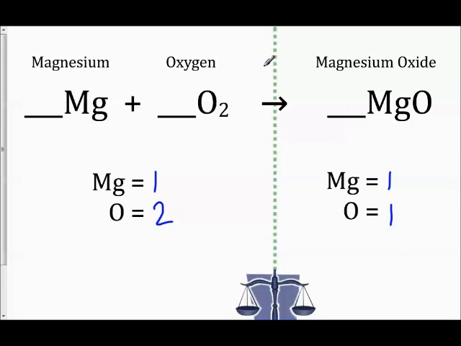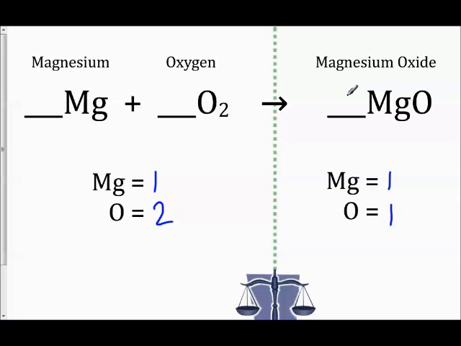The next step is to look and see what is not balanced about this equation. Magnesium looks good. It's got one on both sides of the arrow, but oxygen is not balanced. So go to the side of the equation that has the lower number of the one that's not balanced and figure out, how can we raise this up to a 2? Well, we cannot put a 2 right here because that completely changes this, and it's not magnesium oxide anymore. It's a different compound altogether. So we can't just change the